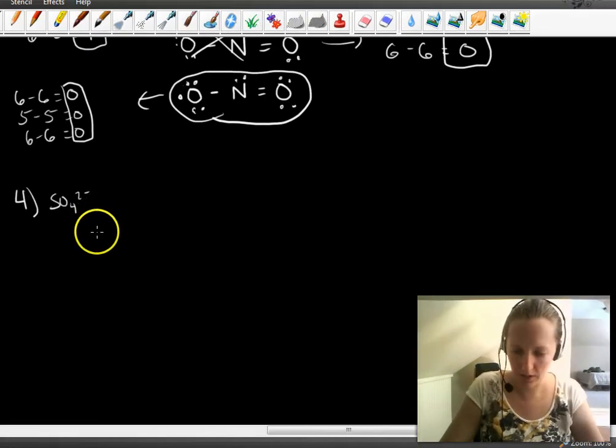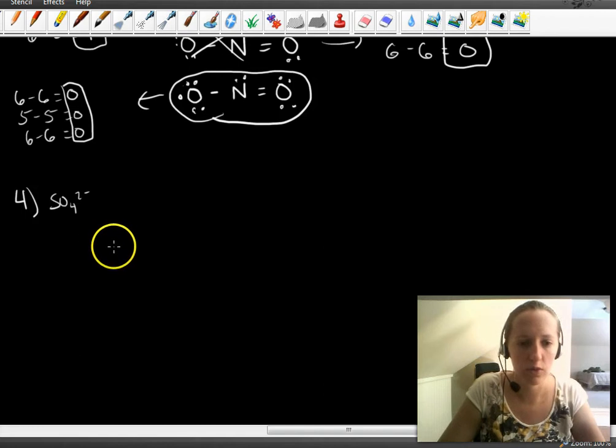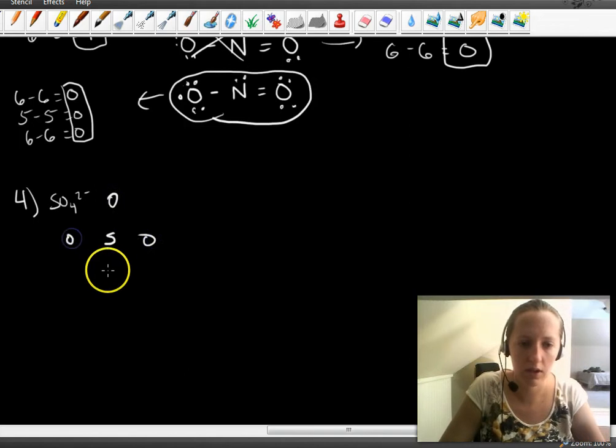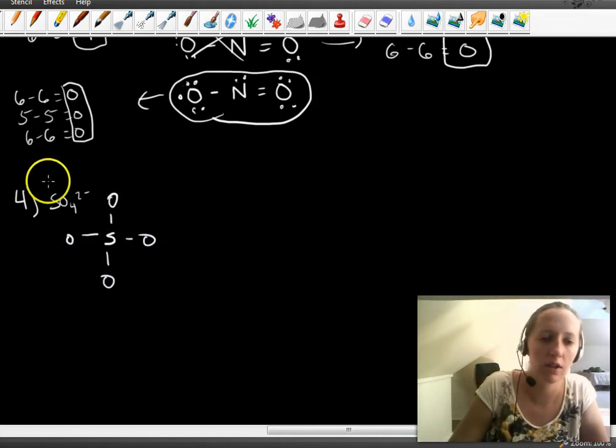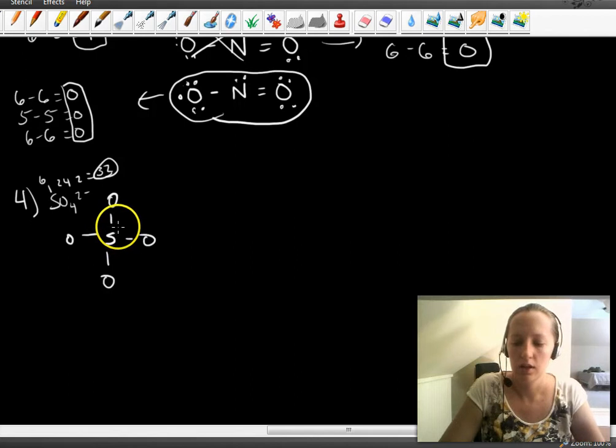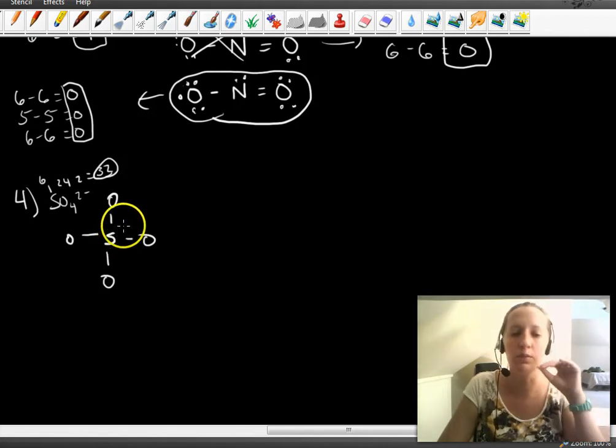All right, here we have the sulfate ion, and what we can do with that is we put sulfur in the middle and oxygens around the outside, and at least 1 double bond between them. Oh, and let's calculate our valence electrons. That's 6 for sulfur and 24, and then 2 more, so 32. So 32 valence electrons. And let's see, it's hard to decide whether we're going to do single or double bonds,